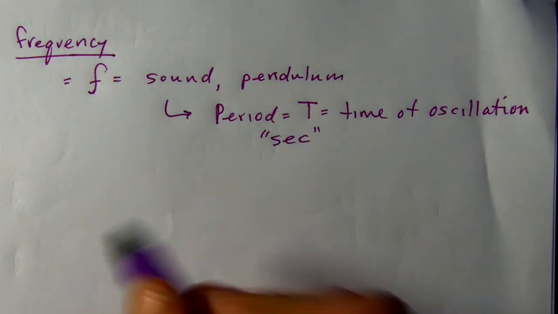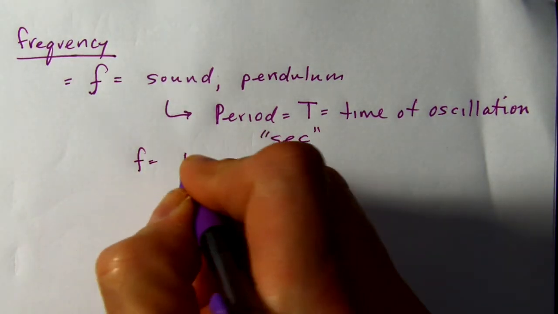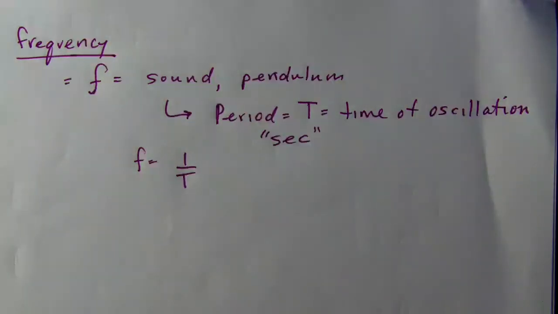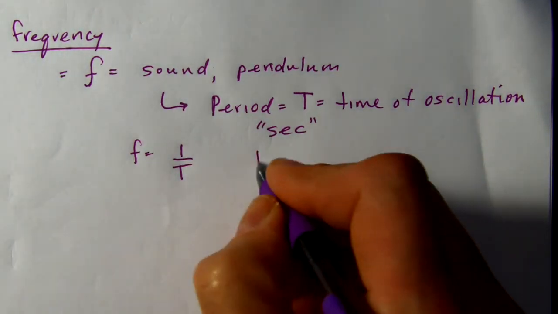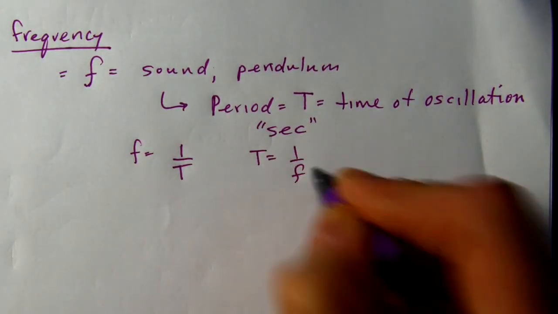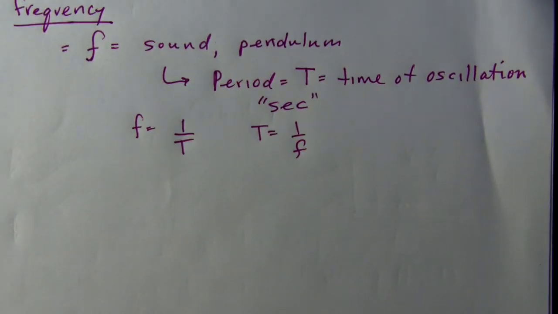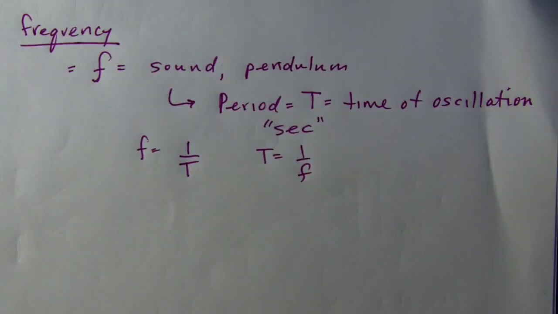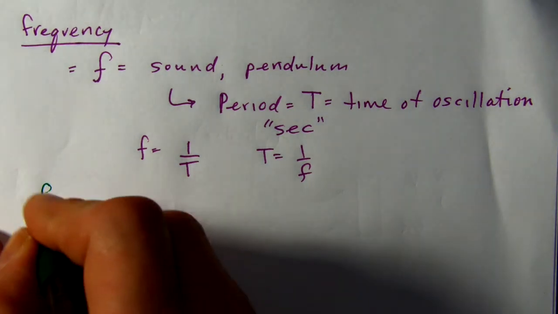But anyway, the relationship between these is that you have that, and obviously this. So it really depends on what you're using. With a pendulum, we don't really talk about the frequency, but with waves, we don't often talk about the period either, for convenience reasons is really what it comes down to. So the idea of frequency here,